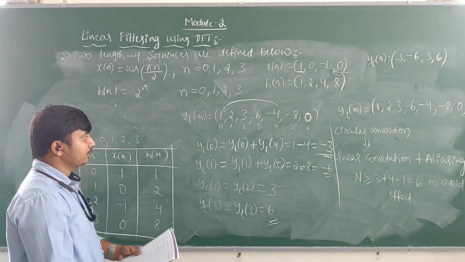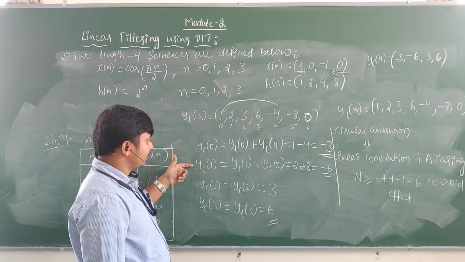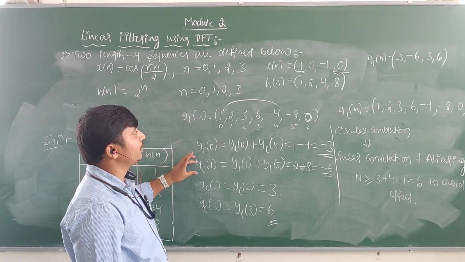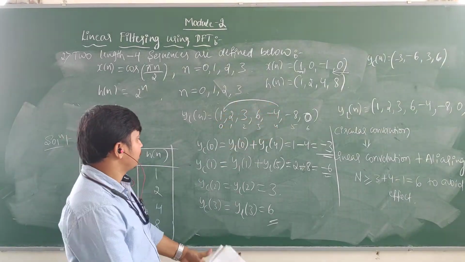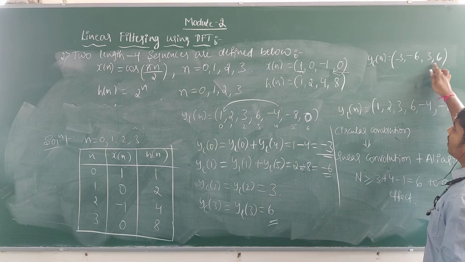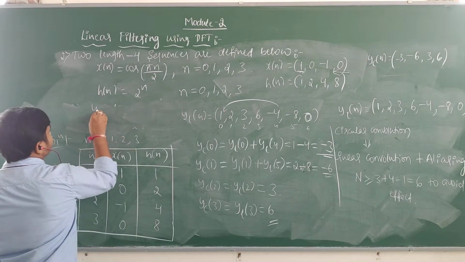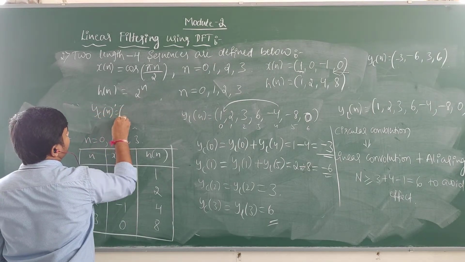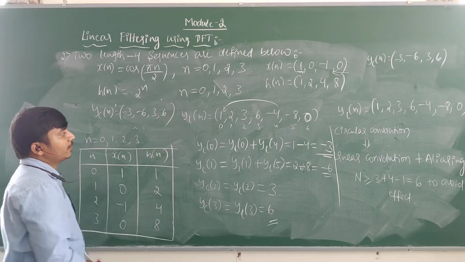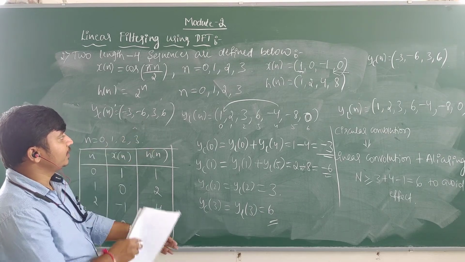So here observe: yC of 0 and yC of 1, that is the first and second element of yC of n. So yC of n is minus 3, minus 6, 3, 6. I will write it here. This first element and the second element will